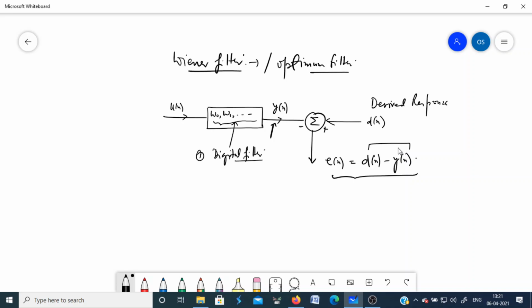Okay, so that it can be implemented using hardware or software as you wish. And the second assumption is that this is a linear filter. So we impose two conditions: it is a discrete-time or digital filter, and it is a linear filter. Because of that, your mathematical computations will be easy if you assume linearity in the